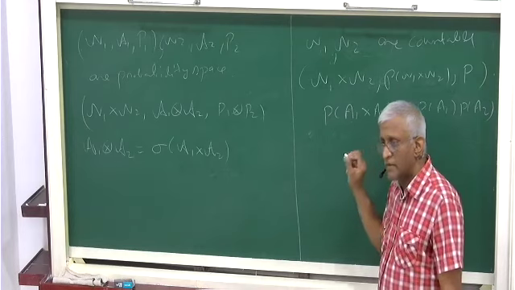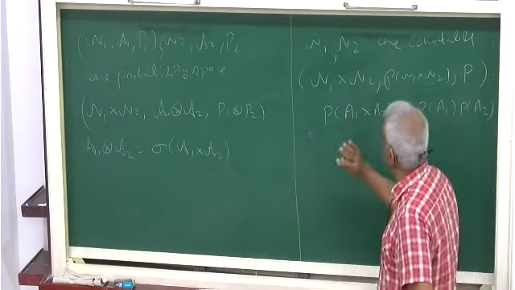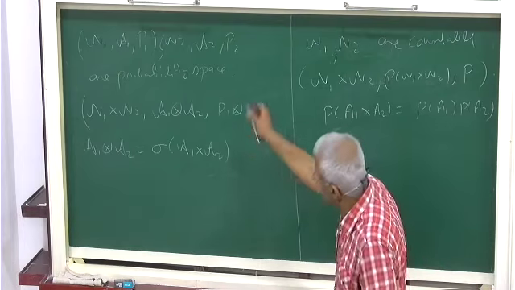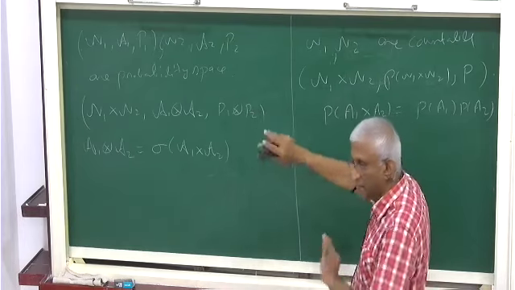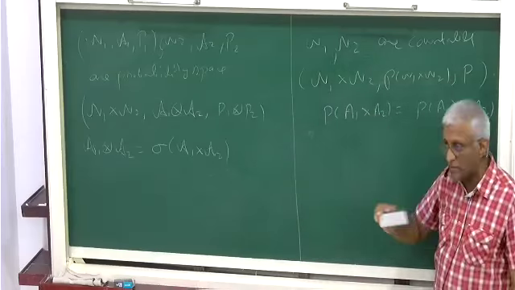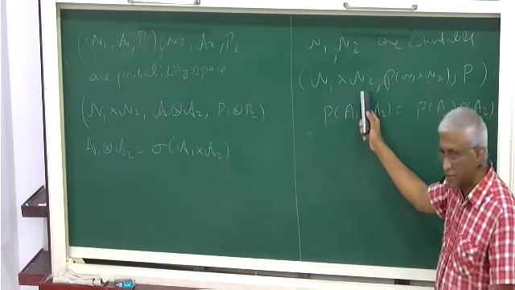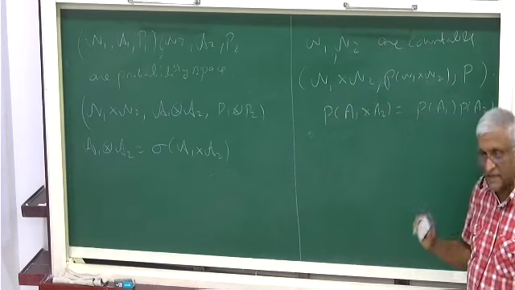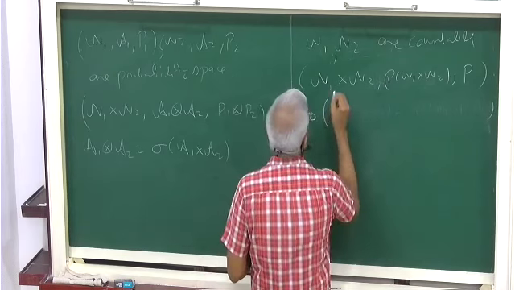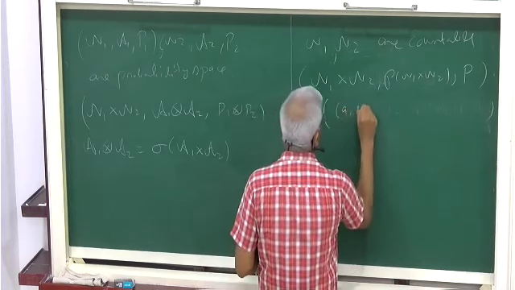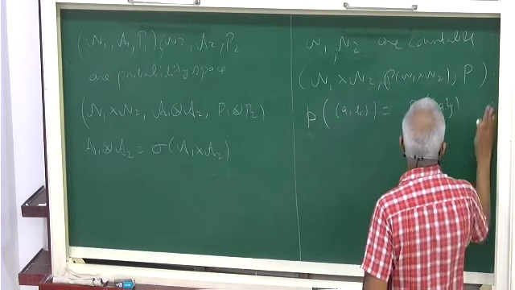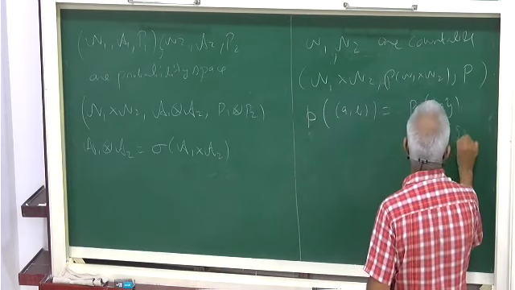A1 cross A2. No, I'm not talking about independence for the time being. I'm just defining how to define the measure on that. The general case is different, the continuous case is different, which is the product probability measure, which I'm not talking about. I'm just taking the discrete one, where omega 1 is countable, omega 2 is countable. Then you take the cross product, omega 1 cross omega 2. Then you take the power set of that, then you take the P. You can define, for example, P of any (a, b) equal to P1 of the singleton a times P2 of the singleton b.